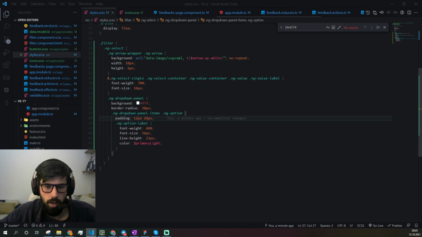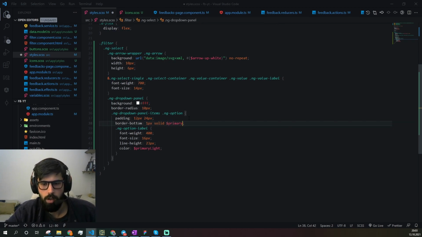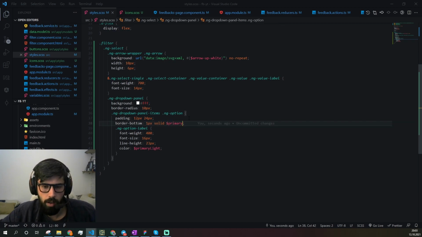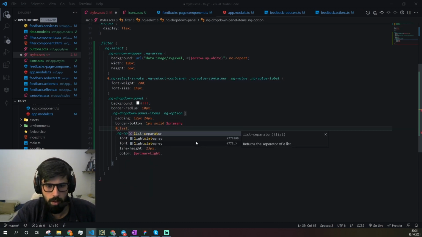So it's actually for each option we should have 1 pixel solid, and then primary, and for the last